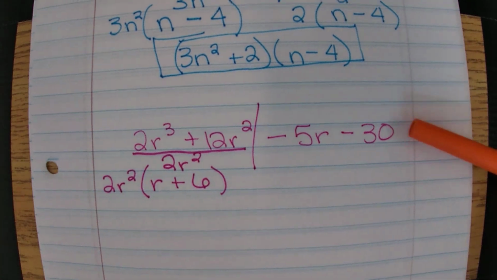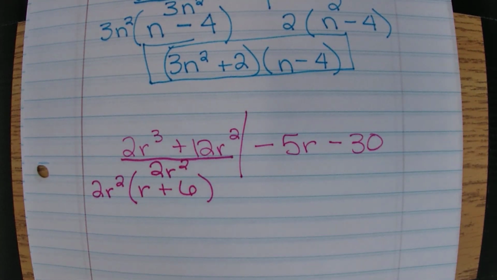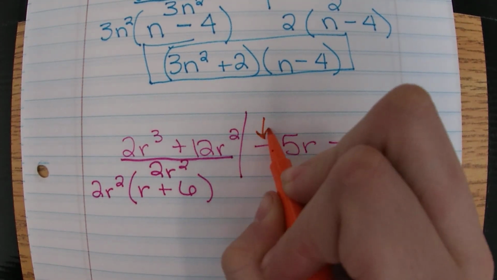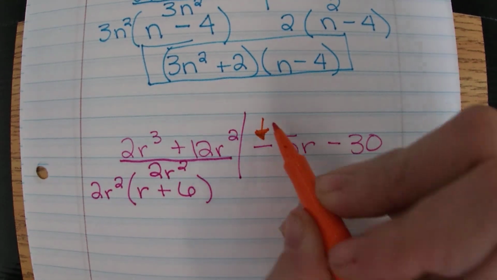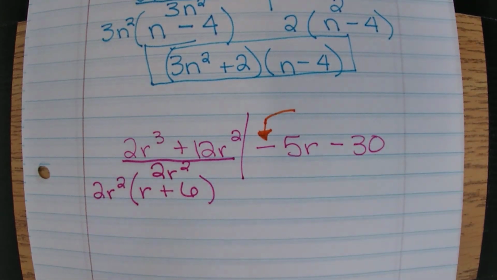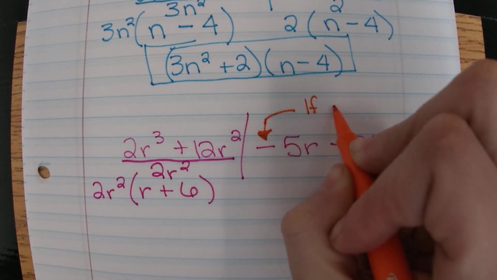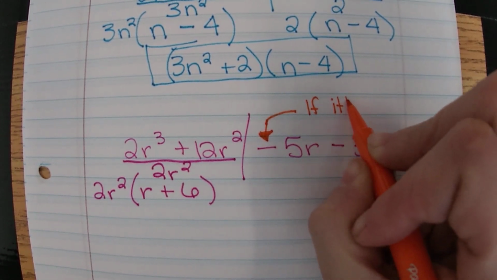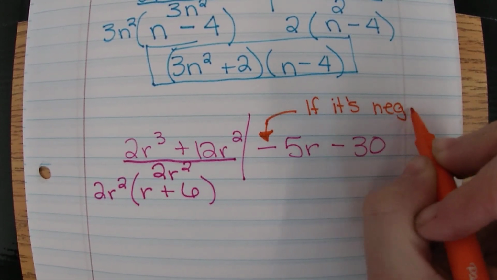The difference happens over here on the right-hand side. So when you are factoring the right-hand side, right after you split, if the first term of this right-hand side is negative,